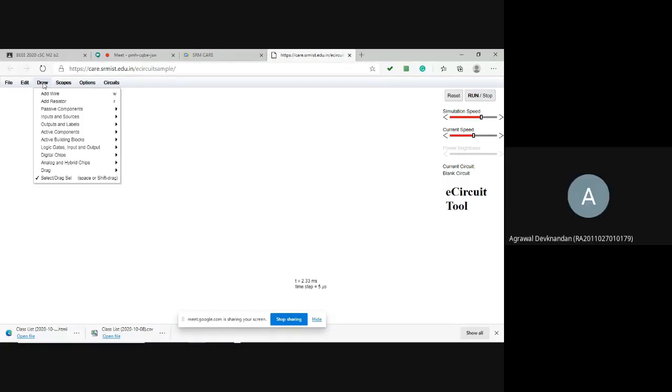I have to pick the components. What are the components? You tell me that are involved. Wire, resistor, battery, two resistors, two-terminal voltage battery. What are the values you have to tell me? Otherwise, how will I know? 330 ohm resistor and 1K ohm resistor. Wait, let me open the document.